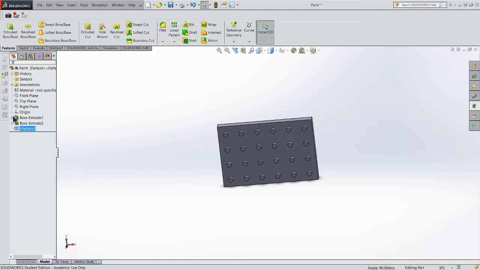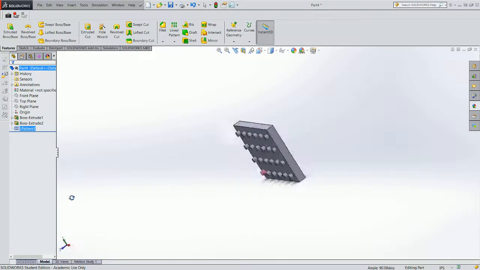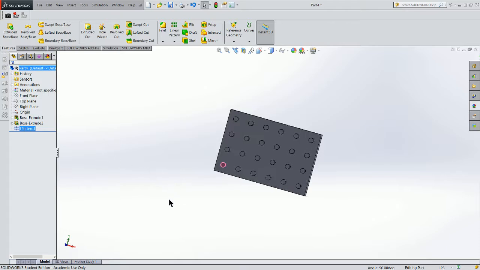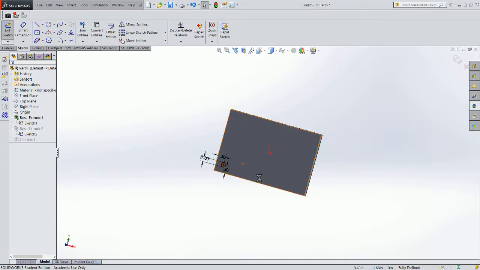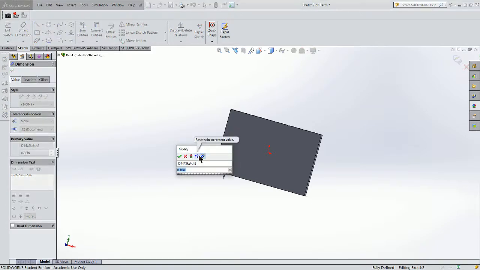Now the cool thing about that is I did my initial extrusion for my body, I did my feature that I wanted to pattern, and then I did my pattern, and that's the grand sum of my drawing. So it's very simple, very elegant, and if I modify the original sketch, so let me just edit the sketch, and I want to make something different. So I want to say, oh, I actually meant to make this a 0.45 diameter,